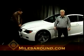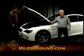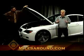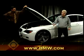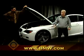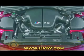Opening the hood of the 2007 BMW M6, we can see it has a very nice V10 engine under there, but it also has governed speed at 155 miles an hour. Now, when you take off that electronic governing, well, the rumors are you can get it up to around 206 miles an hour, right, Dennis? That's right, and if I only had a chance once to drive this car completely ungoverned, I would be in